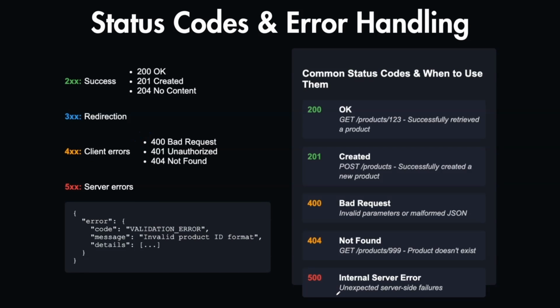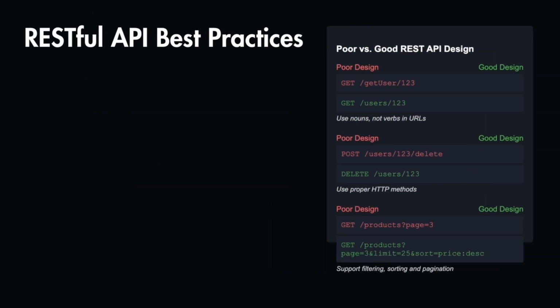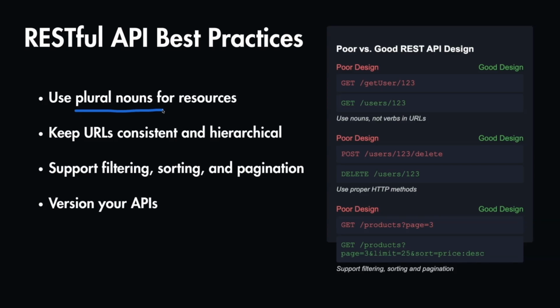And in this case, we throw unexpected server-side errors. You generally respond with a server error message, and you return the 500 status code along with it. When it comes to best practices of RESTful APIs, first of all, notice that we are using plural nouns for